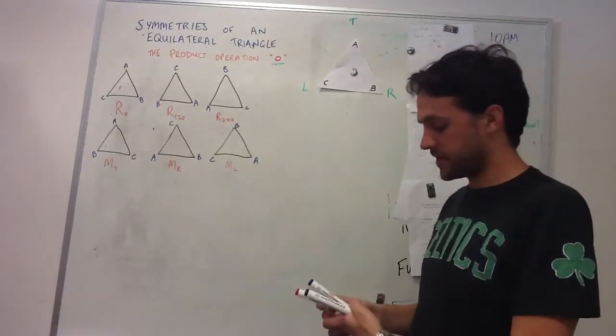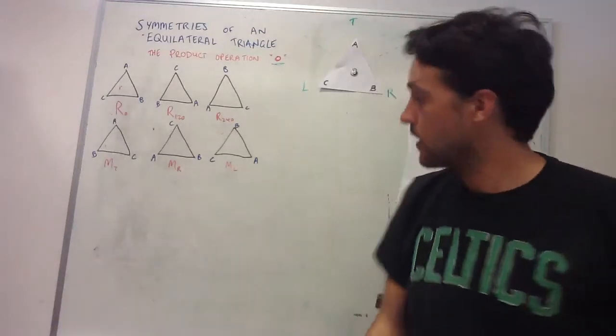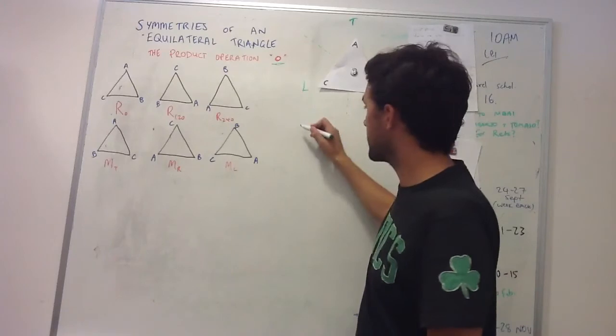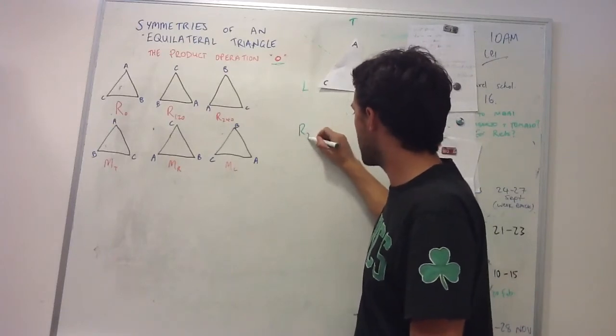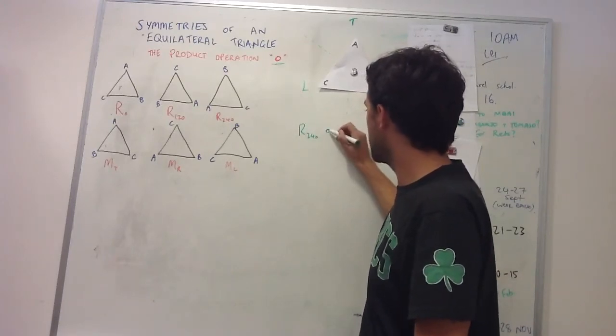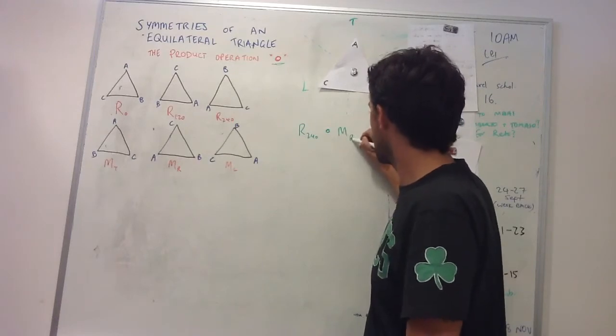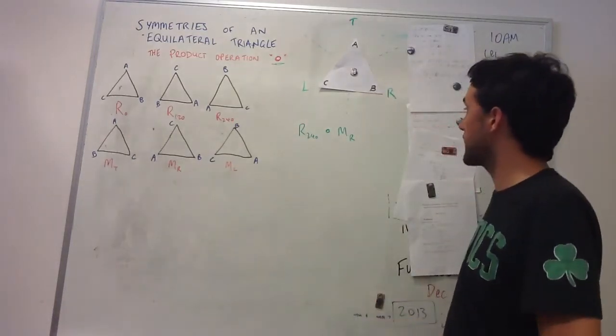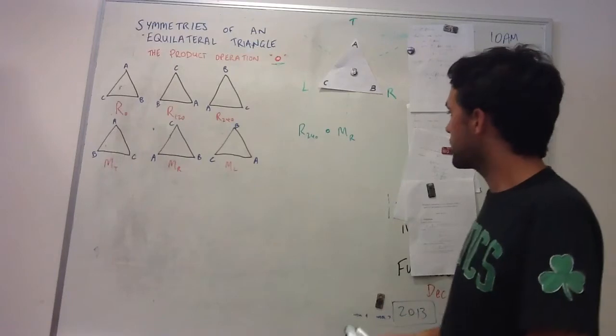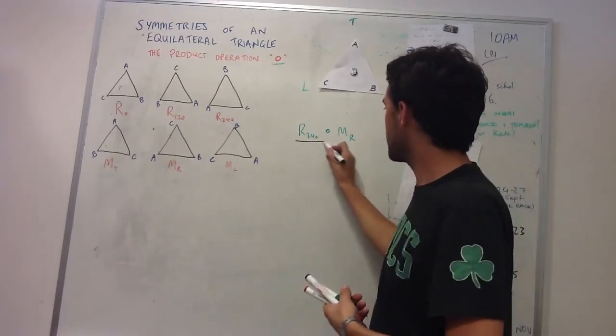To know what happens when we take some products of these. So what happens, for instance, if I first rotate by 240 degrees and then reflect through the right-hand vertex. So this notation that we've got here,